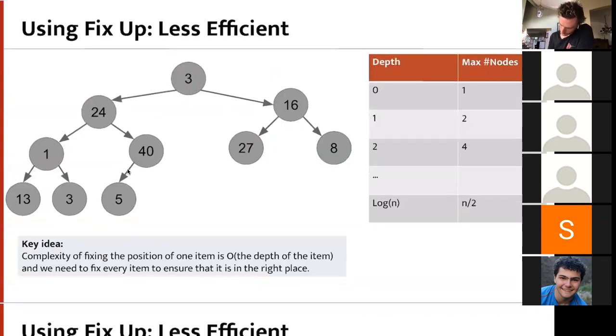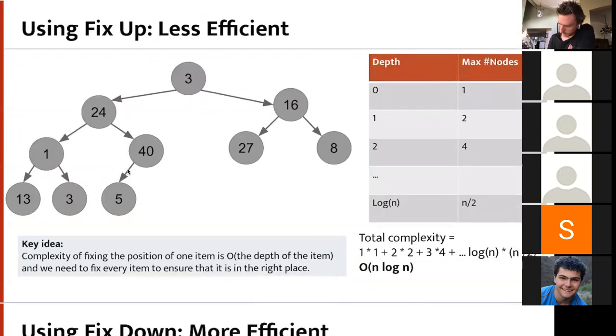And we need to fix every item. So here we're just looking at the depth and the number of nodes that can be at that depth. So then we get a summation of terms, and clearly the largest term in this summation will be n